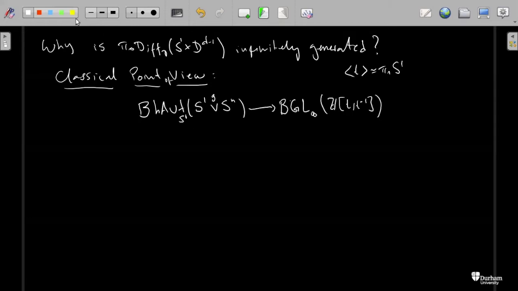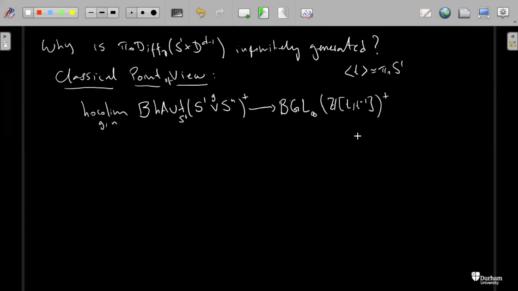And then, well, you can also stabilize by N by taking some fiber-wise suspension. So the point is that if you take the limit there, and in this context, you better take something that has good homotopical properties, so a homotopical limit. So over G and N, right? So you have this complicated object here and this other complicated object here. And now you make it even more complicated by taking the plus construction, right?